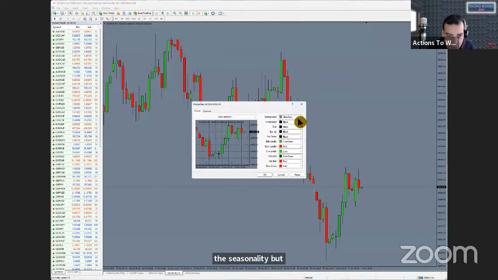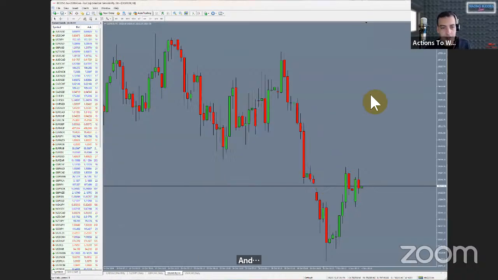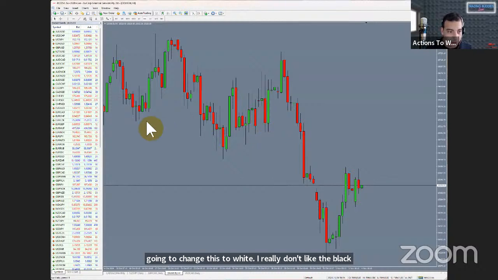And I'm just going to change this to white. I really don't like the black. And see what that's suggesting. And there's a big suggestion as well. And what it's pointing to, the COT data, is pointing to the yen,